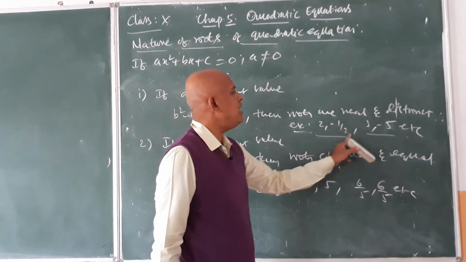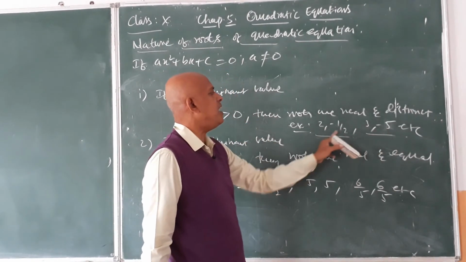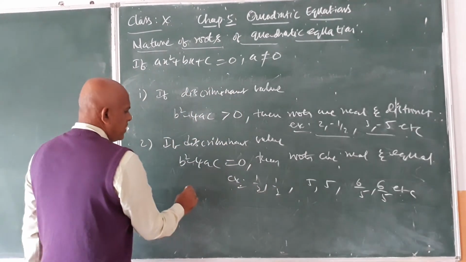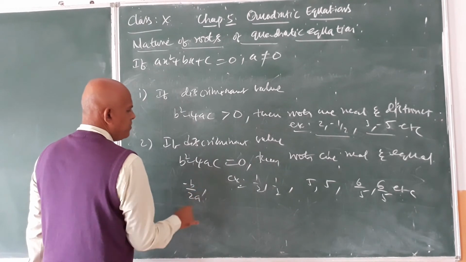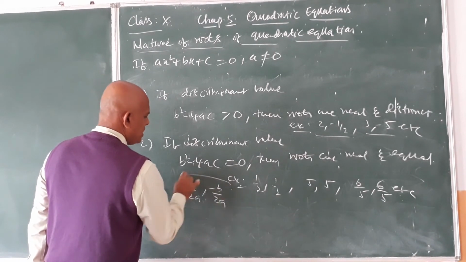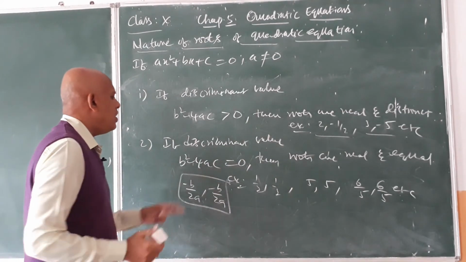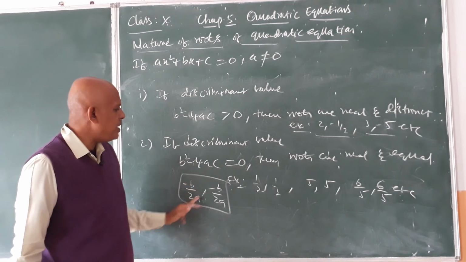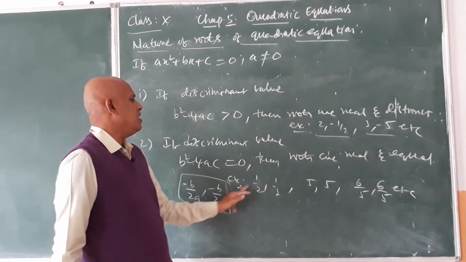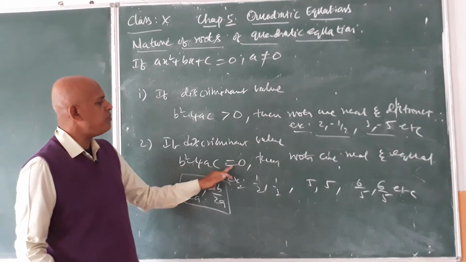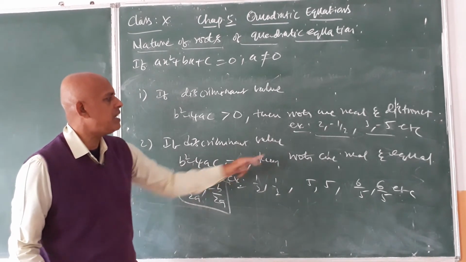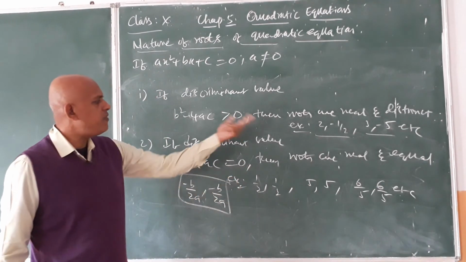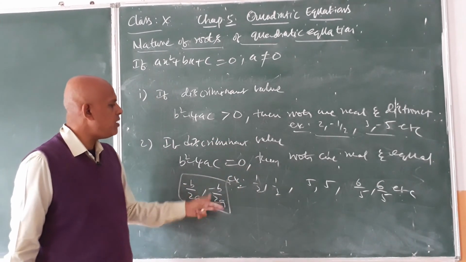Here both are real and distinct. Real means real numbers, and they are different roots. Here same roots, equal roots. That time, there is also one direct formula, that is, directly you can use minus b by 2a comma minus b by 2a. This is the formula you have to remember. No need to use the full formula. Directly you can find minus b by 2a, minus b by 2a. Directly you will get the equal real roots, only when b square minus 4ac is equal to 0. When we get real and equal roots, that is when b square minus 4ac is equal to 0, no need to use the formula. Directly minus b by 2a, minus b by 2a will give the answer.